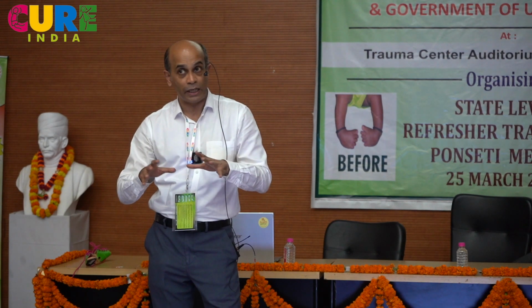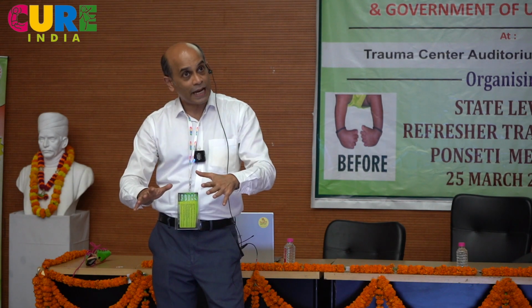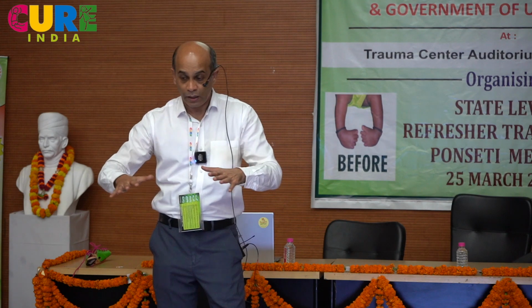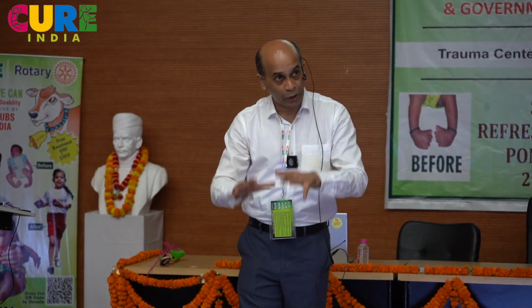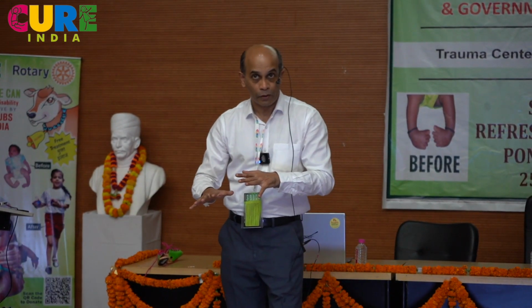So you have some children who start walking by around 1.5 years. By the age of 3 or 4, you'll find that when you look at the feet while they're sitting, the feet look very nice. But the minute they start standing and walking, in the swing phase, the foot starts turning in. And when they land on the foot in the loading response, the foot weight bears on the lateral border of the foot. But again, when the foot is off the ground and the child is lying, the foot looks perfectly nice.